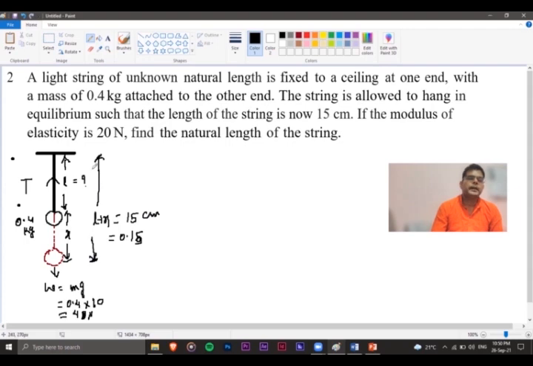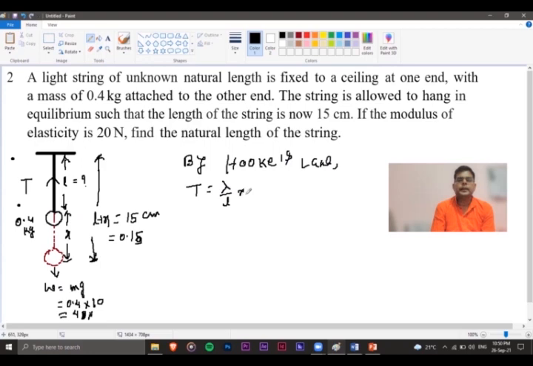So this is an elastic body, and it has been extended to the length L plus x due to the force W, which is the weight of this body, in equilibrium within the elastic limit. Therefore, Hooke's law is applicable here. So by Hooke's law,